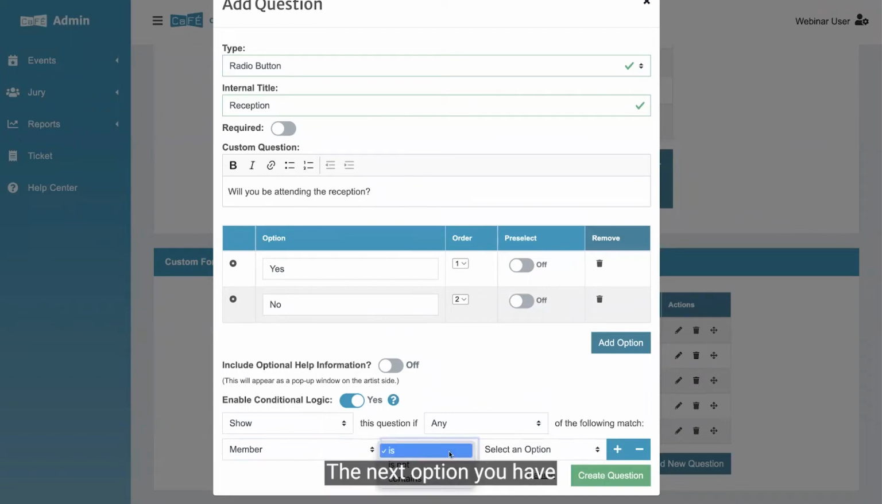The next option you have is "is not" or "contains." Here you'll select whether the answer given by the applicant in that previous question, which will ultimately trigger this new question, is, is not, or contains the answer you choose in this next step. In other words, does the answer given in the previous question have to match exactly, in which case you would